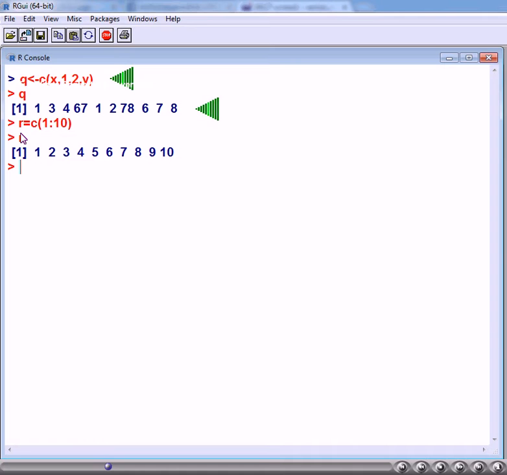You can verify the vector q by typing its name at the command prompt. It contains the x values, that is 1, 3, 4, 67, followed by 1, 2, which we have added extra, and then followed by the values of the vector y.